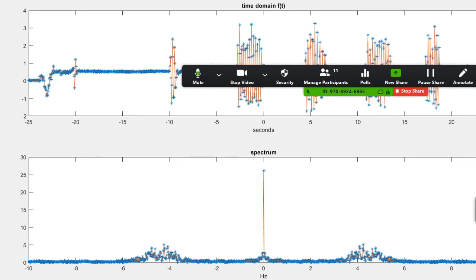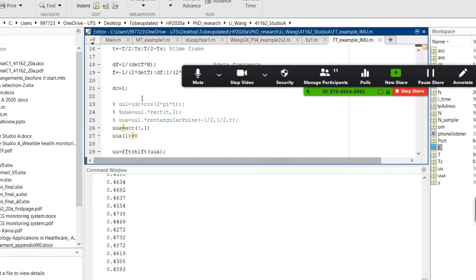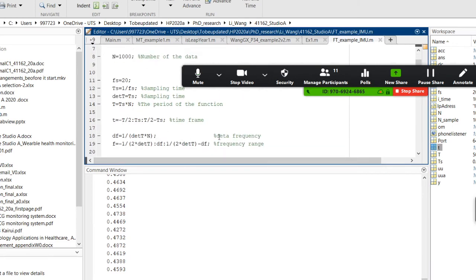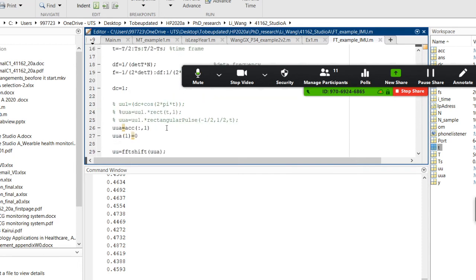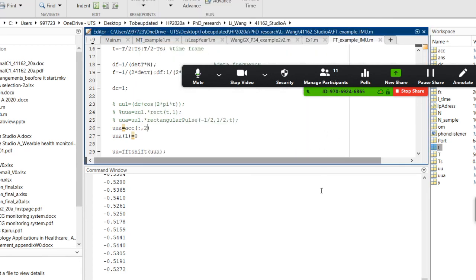Now maybe this one is still not good. I change to z-axis. Maybe I swing not hard enough. Maybe I swing another one if this is not good. I put 2, this is the y-axis. So on the y-axis the DC component is still big. So in that case, I need to regenerate one. Maybe I look at